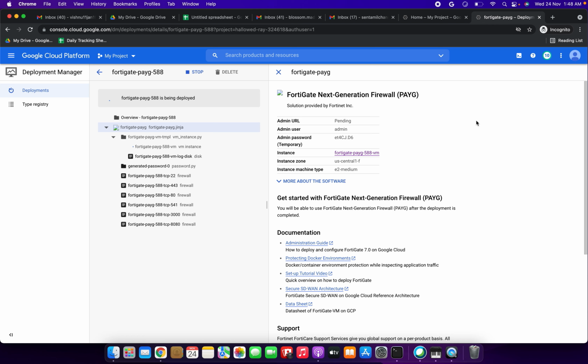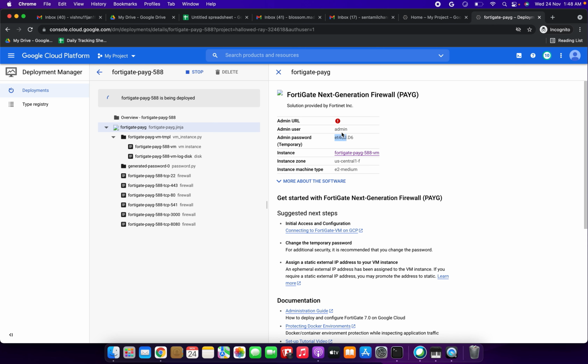Before that, we will see what the use of FortiGate is. FortiGate firewalls are purpose-built with a security processor to enable the industry's best threat protection and performance for SSL encrypted traffic by providing granular visibility of applications, users, and IoT devices. These appliances are designed to identify issues quickly and intuitively. So it is still being deployed. Let's wait for it, friends. We will give some time. At least it will take, I think, 1 or 2 minutes only.